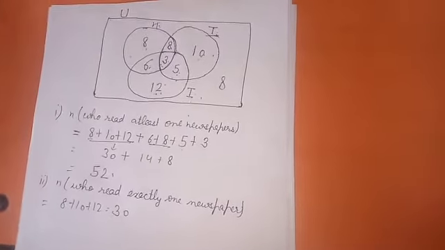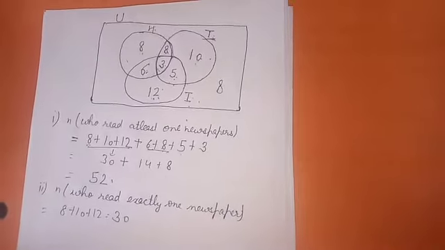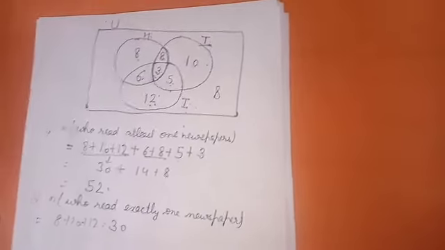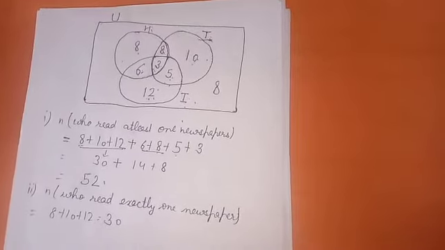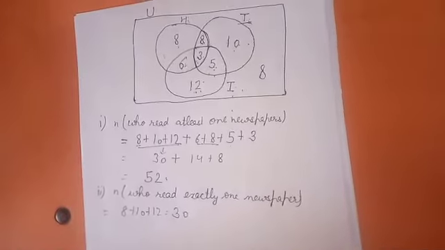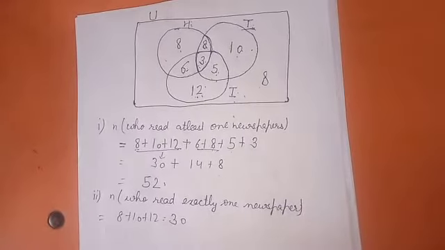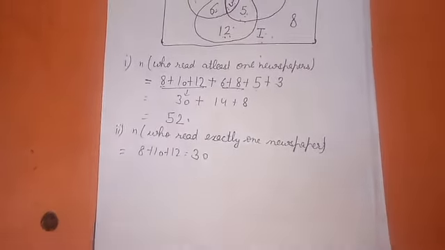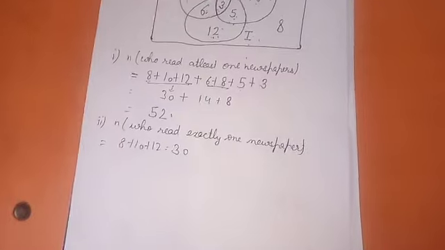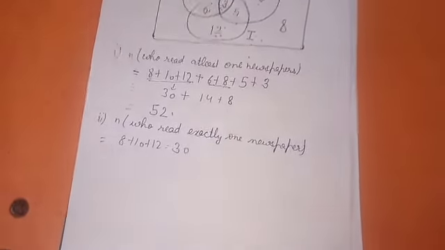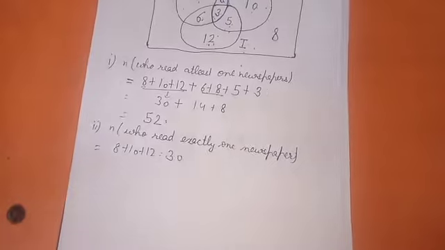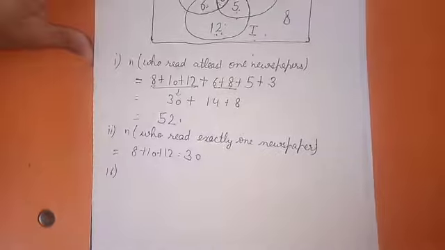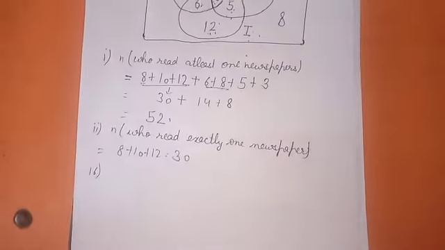The last question is: in a survey it was found that 21 liked product A, 26 liked product B, and 29 liked product C. If 14 liked products A and B, 12 liked products C and A, 14 liked products B and C, and 8 liked all the 3 products, how many liked product C only? You have to solve this question also in this way. I am only writing what information is given to you, so you yourself have to make its Venn diagram and then find your result.